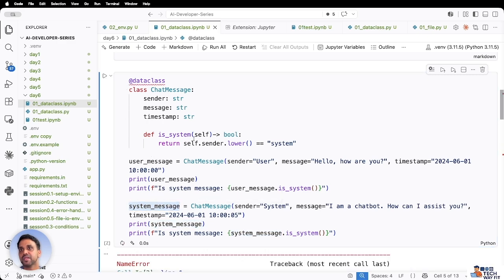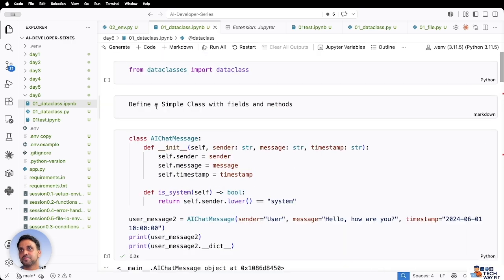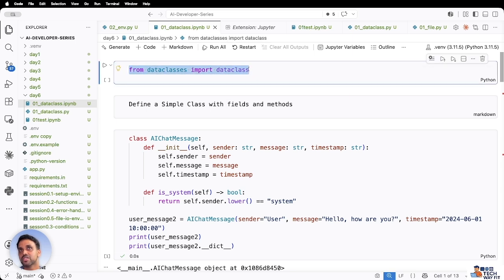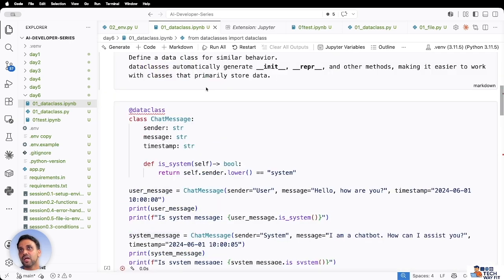If we print it now, we see there is an error. So what is the error? It's a NameError for dataclass. The reason is we have not executed the first line. It always goes from top to bottom. So once we run the first line, the dataclass decorator is available. Now if I go ahead and run it,